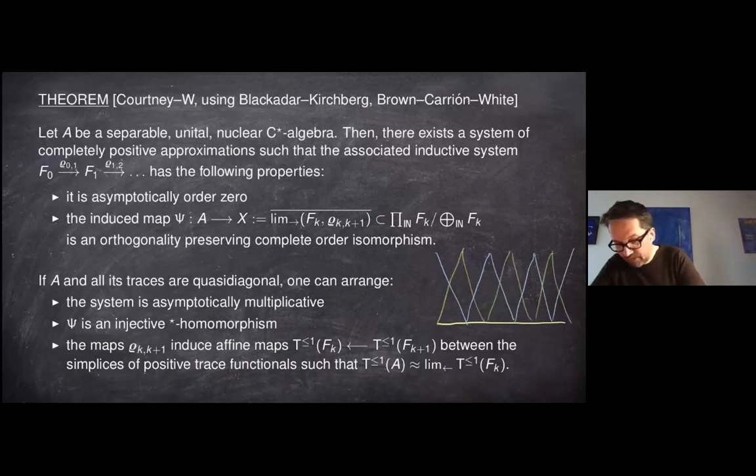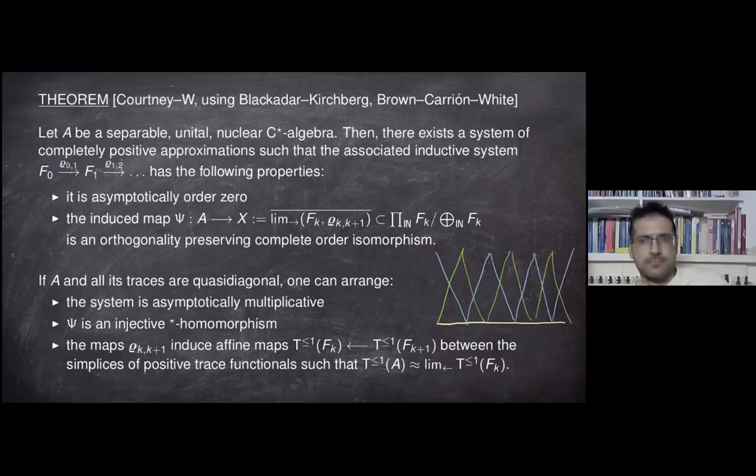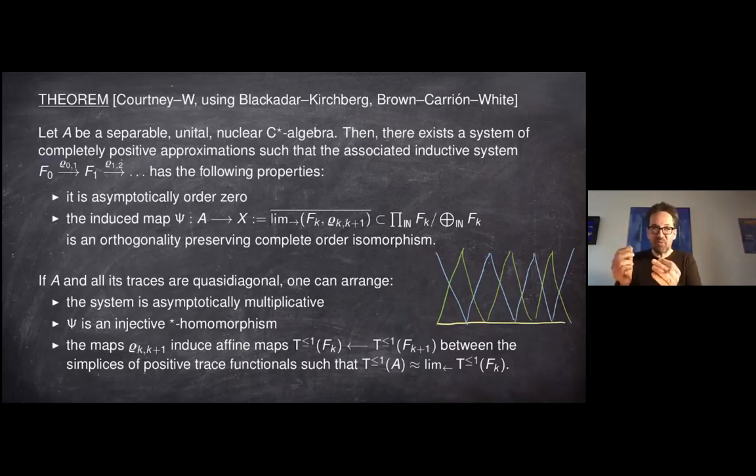This is the most obvious one. You use a partition of unity like this, and then from this you construct CP approximations. But these are not the ones that enter into this theorem. Here you have two order zero maps, the green ones and the blue ones, but you don't have a convex combination. You add both of these order zero maps, each with coefficient 1, and to have convex combinations and to make